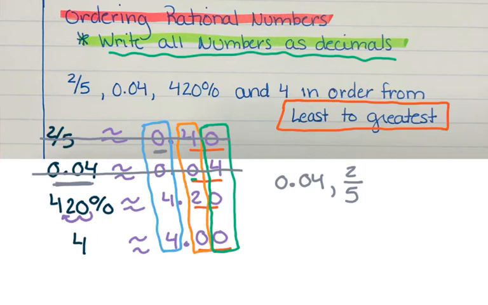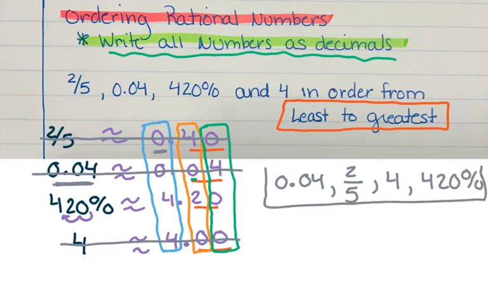Okay, now I'm looking for the next one. So 4 is going to be smaller than 4 and 20 hundredths. So my next number will be 4. I'm making sure I'm writing the original number. I'm going to cross it off. Then my last one is 420%. So in order from least to greatest,